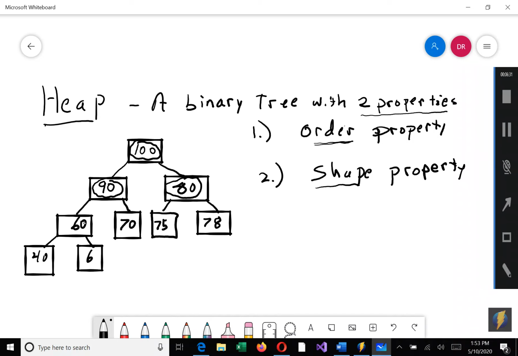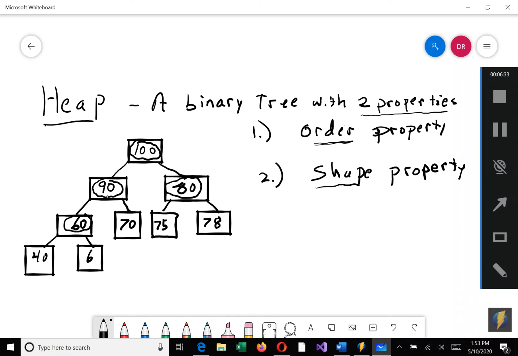All right, so if you take the 90, you can see that 90 is greater than 60, and 90 is also greater than 70. And 60 is greater than 40, and 60 is greater than 6. Let's put a couple more here. We'll put one right here, and one right there. Okay, we'll do it like that. So this one is 15, 12, 47,